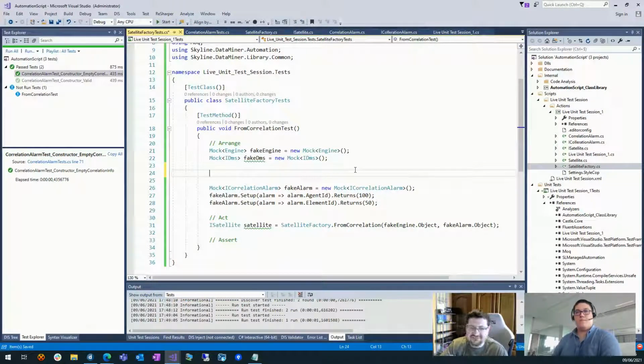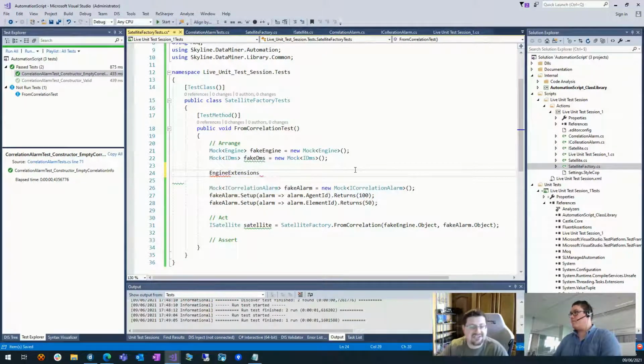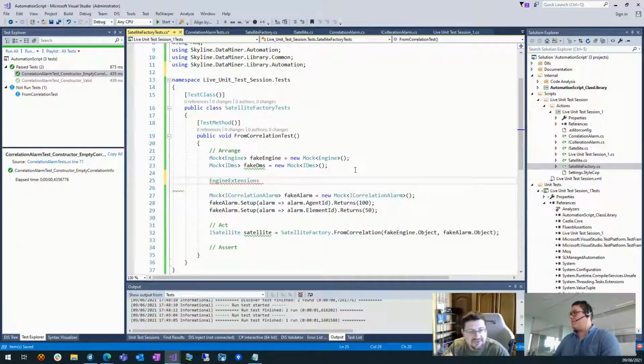This is the one you need to know, because we don't really have it documented yet. Maybe we should do that actually. But if you do EngineExtensions as a class, so you need to change the extension method of an engine. EngineExtensions is actually a class that exists. You might need to add a using. On that, there's something called OverrideGetDMS.